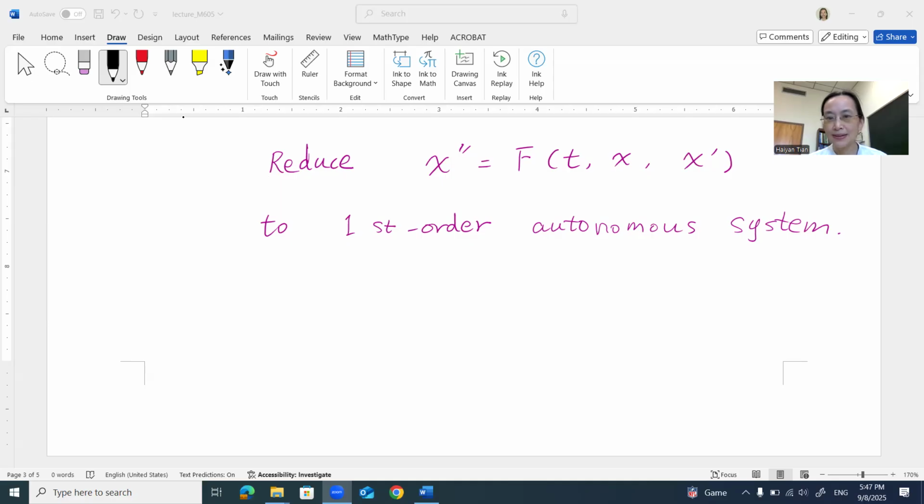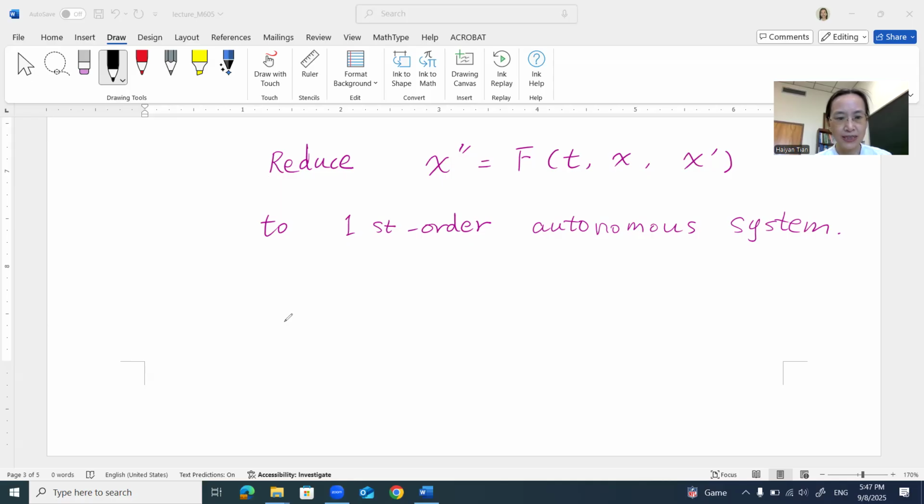That means I want to get a system that involves only first-order derivatives. Also, not only first order, I want it to be an autonomous first-order system. That means I want the right-hand side not depending on t. Okay, so let's first make this equation